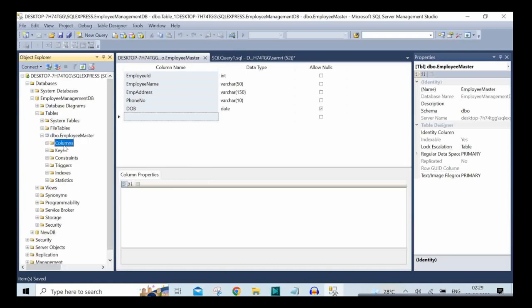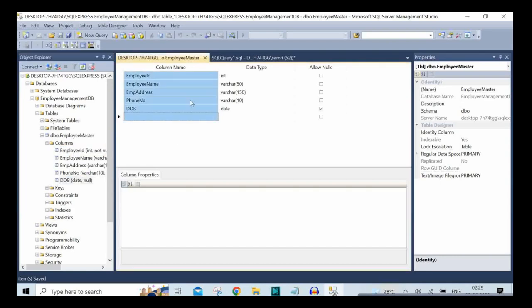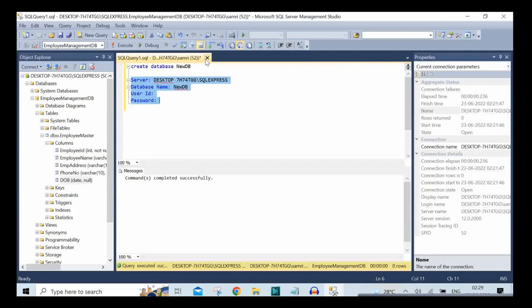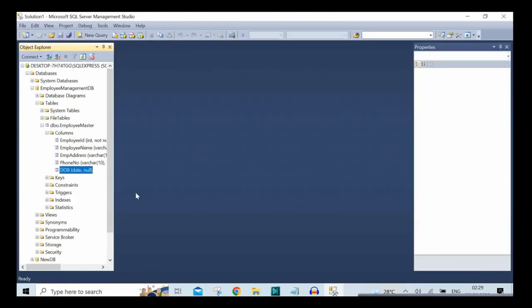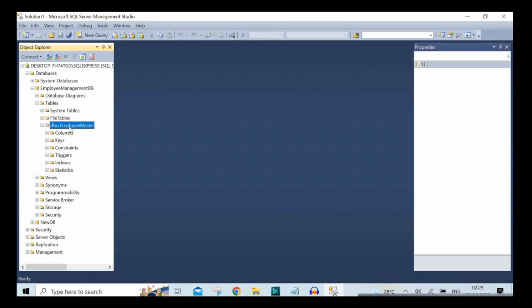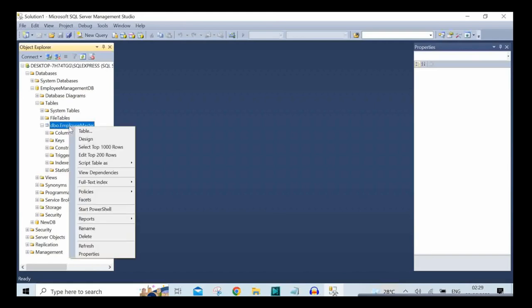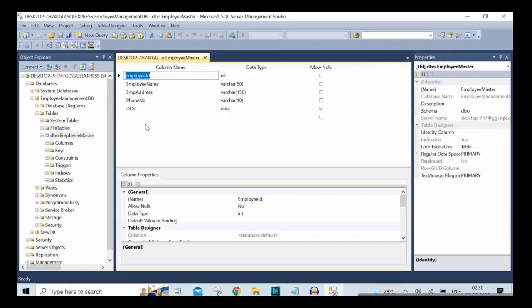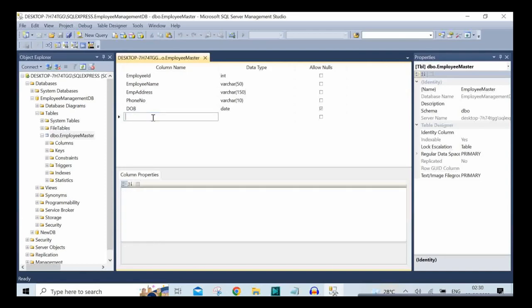If I expand the table, then you will see some column options are there. Then if you expand the columns, you will see all the columns here. And I am now closing the wizard. I am closing this window as well. Now if anytime you need to edit the table in order to add or delete any column, you have to right click on it and then go to design. So the same wizard will open. Here you can add or delete any existing column. I am going to add another column, that is email ID,